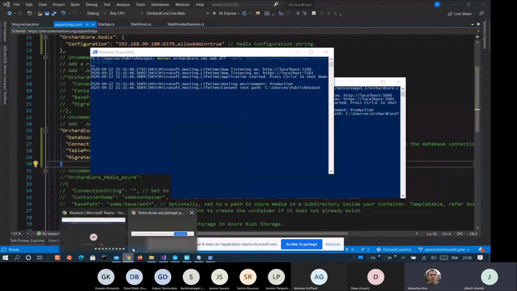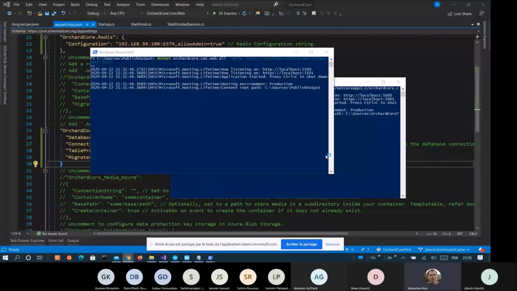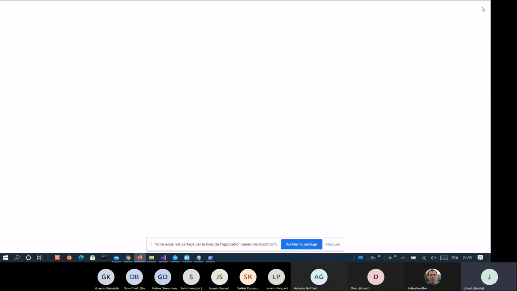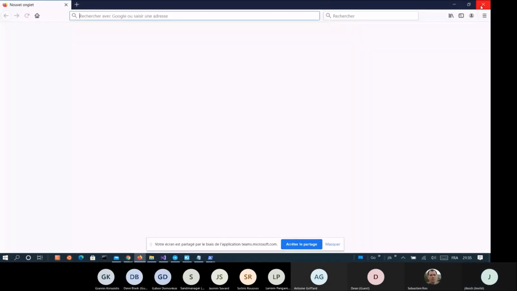So we have ports 5000 and 5100. Okay, two ports. Oh, not the right one. Sorry. Just press this one.